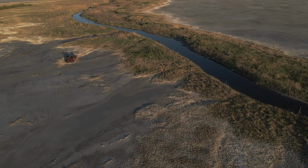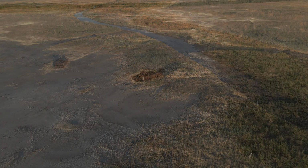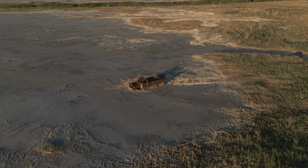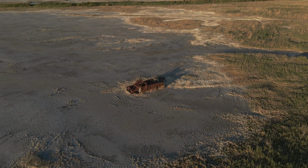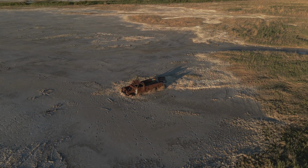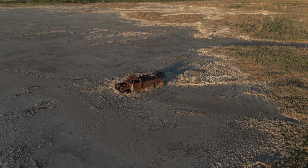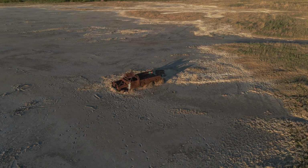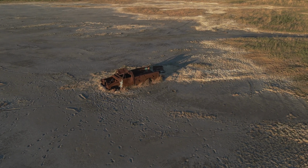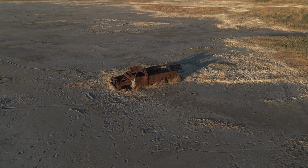And I had kind of missed this rusting old vehicle from the first flights. I mean, I could see it in the background, but with the small screen, cell phone, I really didn't notice this vehicle in the video. So I went back after looking at Google Earth and decided I wanted to visit these vehicles. So this particular day was Wednesday of last week,